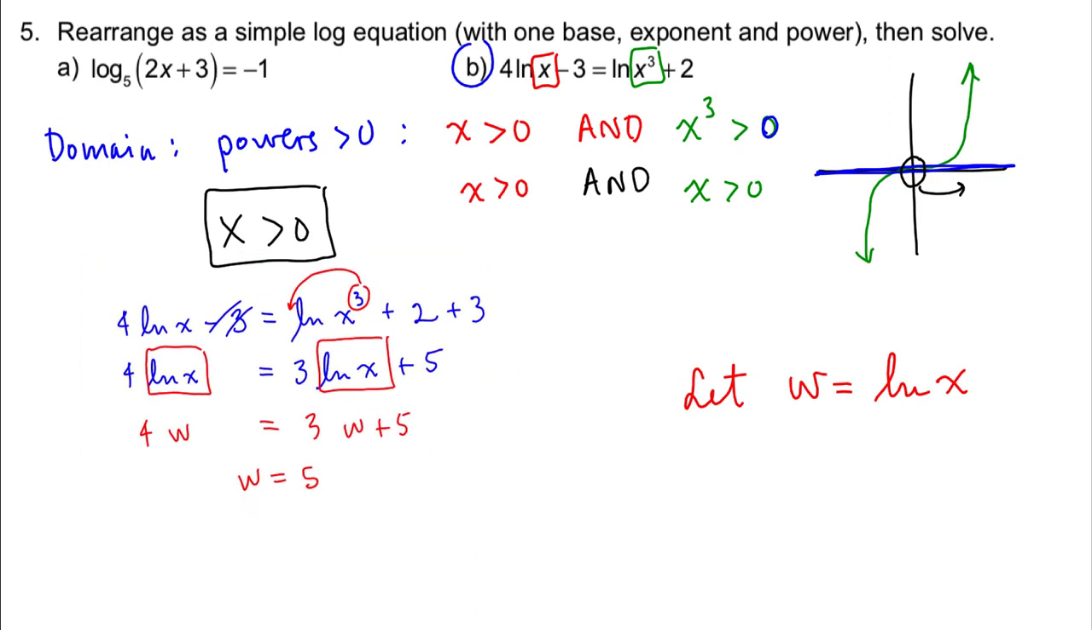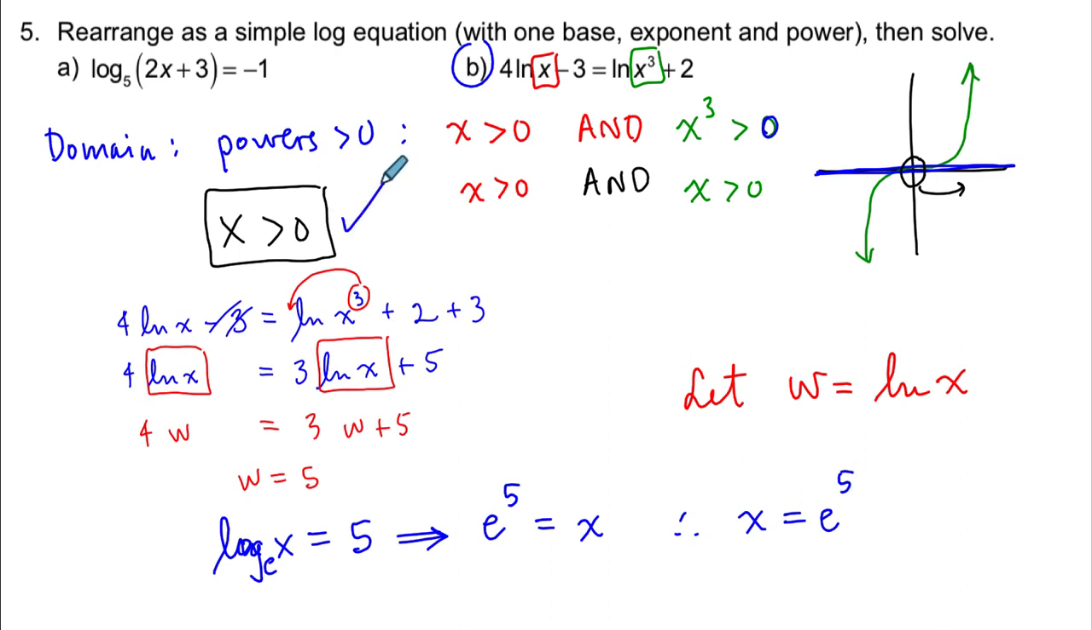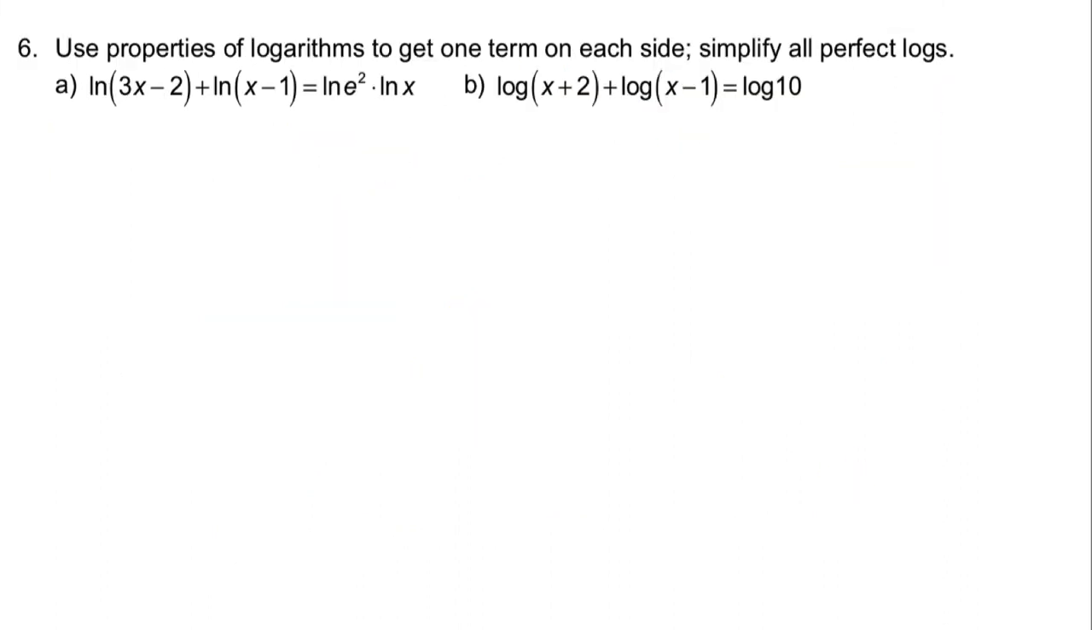And so when we do that, we end up getting a simple logarithmic equation. The ln of x is equal to 5. We have a single base, base e, single exponent, and a single power. So I can rearrange in one step from log form to exponential form. And I get that x is equal to e to the 5. Now I know that e is approximately 2.718, and so multiplying 5 copies of a positive number together is positive, which means that we satisfy the domain. Okay,